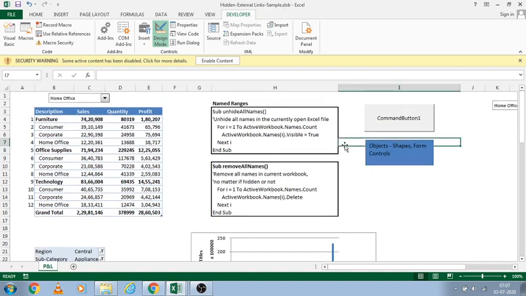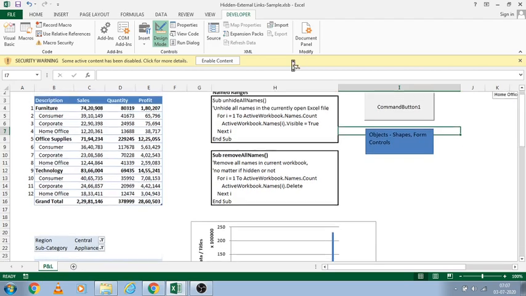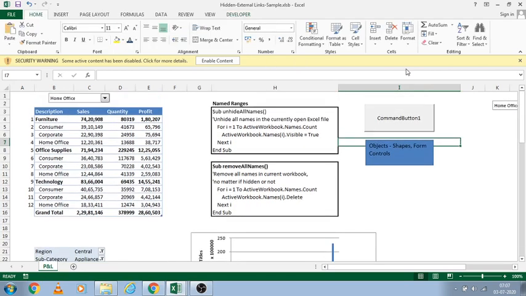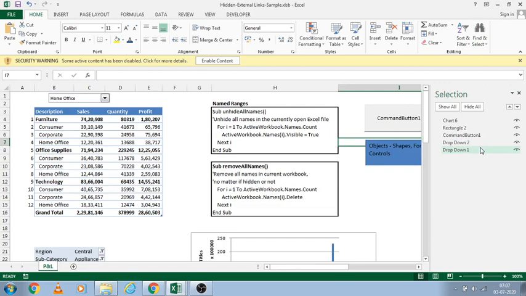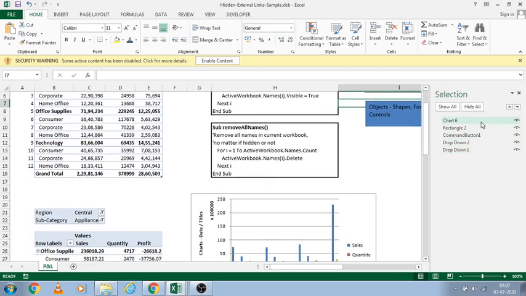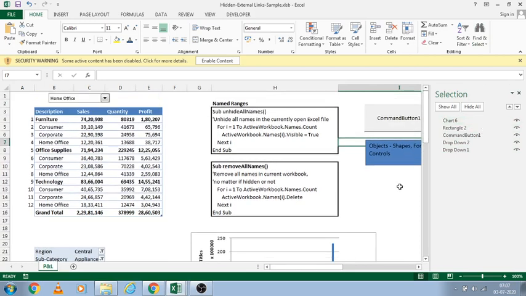Another option to select all the objects is to go to Home, Find and Select, Selection Pane. Here it will list all the objects available in this sheet. Try to select them.